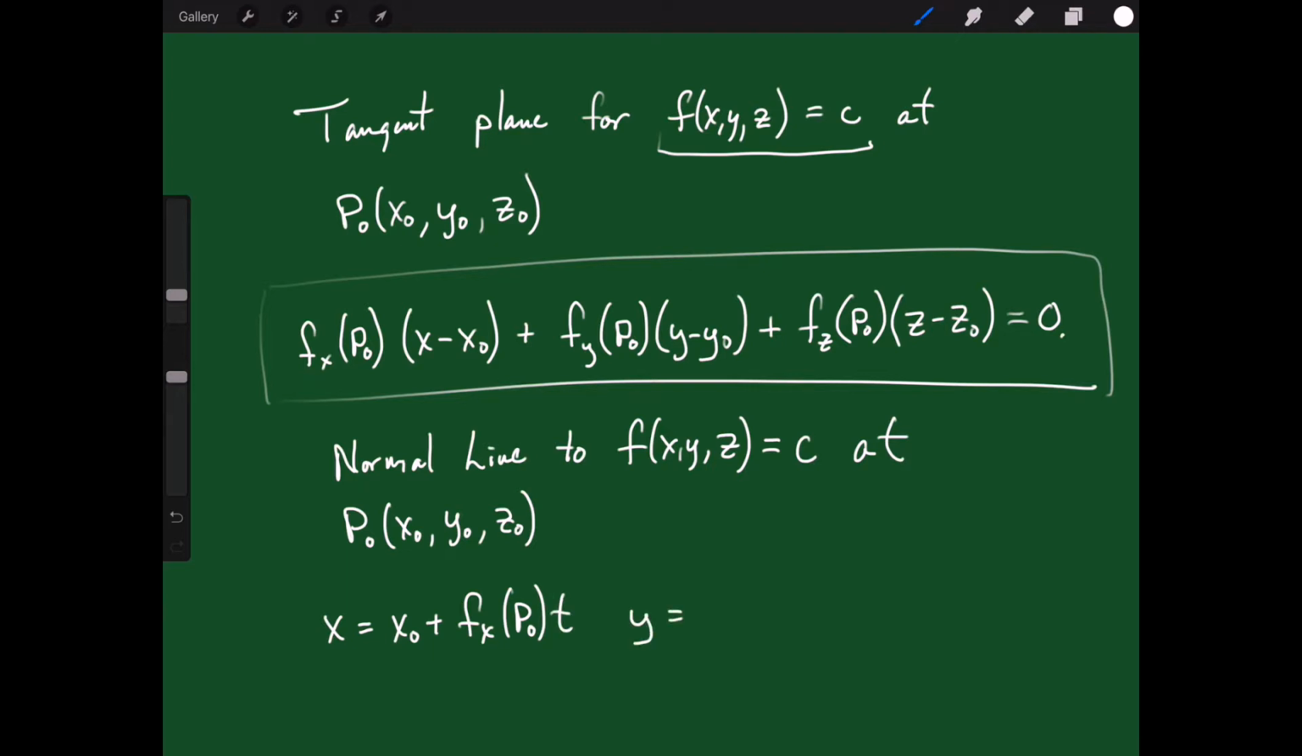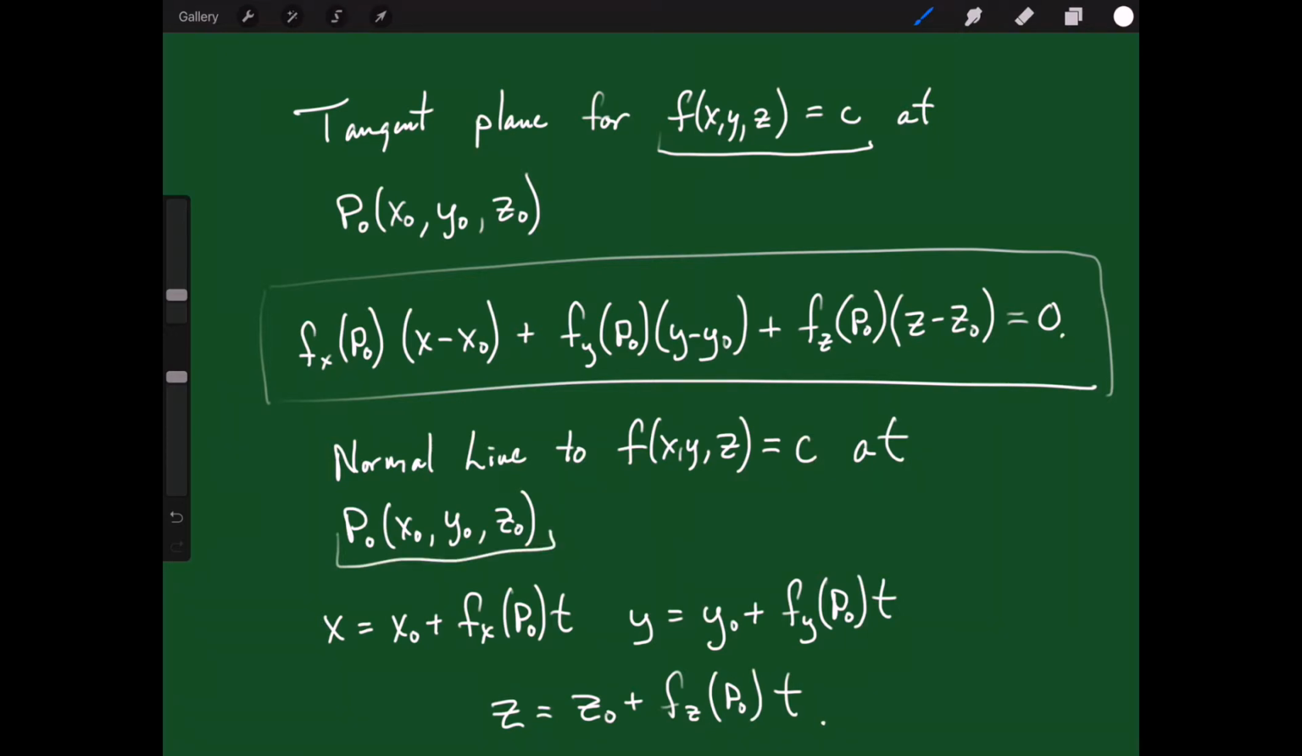Y will be y0 plus the partial with respect to y at p0 times t, and then z will be z sub 0 plus the partial with respect to z at p0 times t. Now notice that x0, y0, z0, that's just my point, and then the partial of x at p0, the partial of y at p0, the partial of z at p0, that is in some respect my